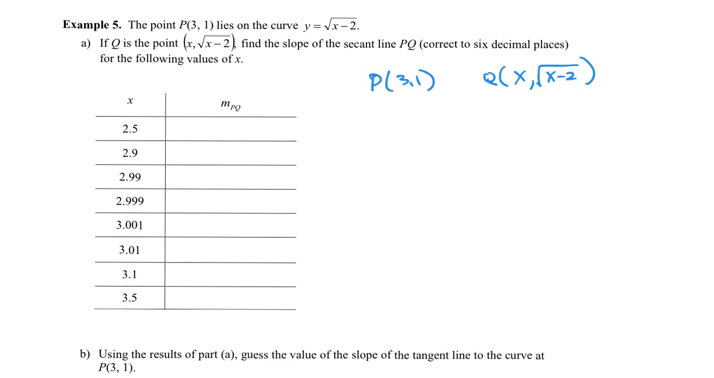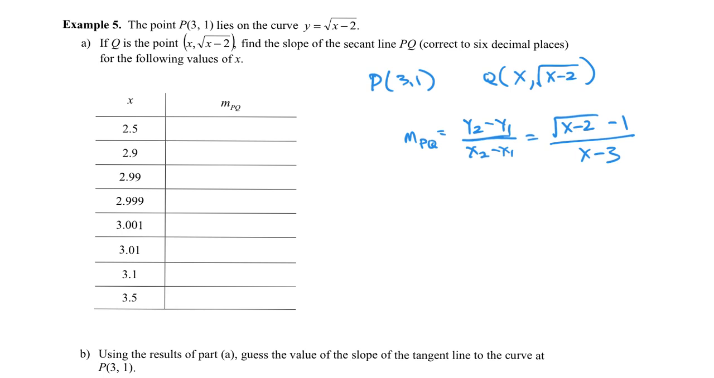find the slope. So the slope through PQ, of course, is just going to be y2 minus y1 over x2 minus x1, our handy slope formula from algebra class. And now if we use this formula with these 2 points, we'll get y2 minus y1, x2 minus x1. So this would be the square root of x minus 2, minus 1, over x minus 3. And of course, we're not going to be able to plug in a 3. But like before, we're going to get really close to 3 and then see if we can make an educated